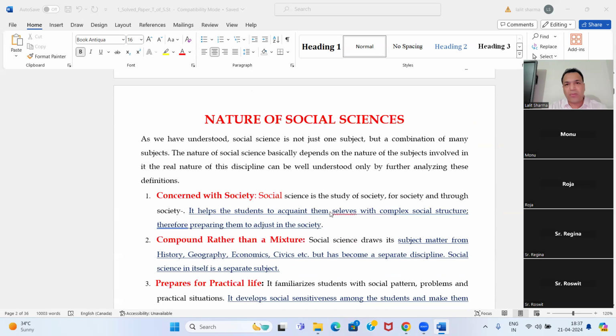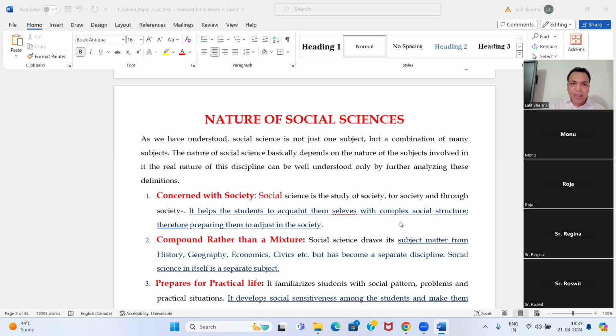Now, we discuss the nature of social science. What is the nature of social science? From these notes, now I'll discuss the main important points. Rest in detail, you can learn by yourself, because I have already given you these notes. Today I'm taking the class directly from these notes. So I will discuss the important points and headings also, so that the concept will be clear in your mind. And I'm assured that after my lecture, you will see the notes, and in another 2 hours you will cover your teaching of social science syllabus.